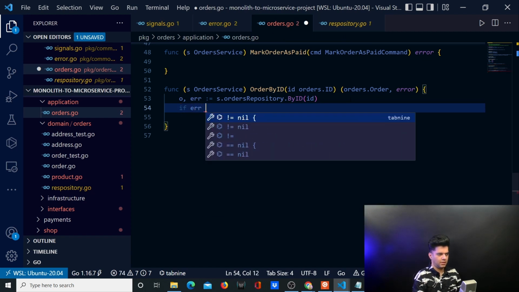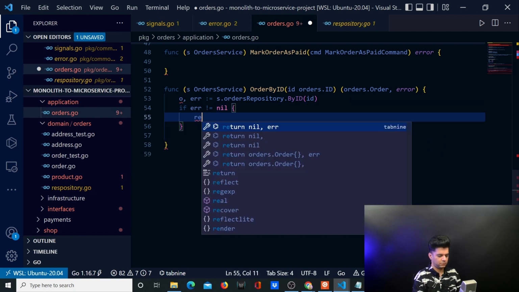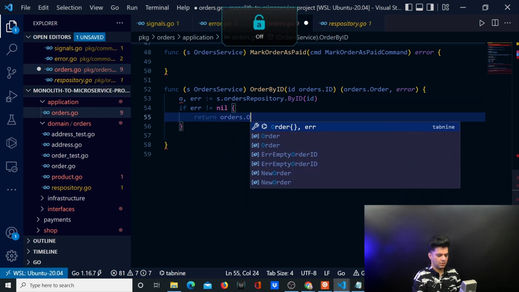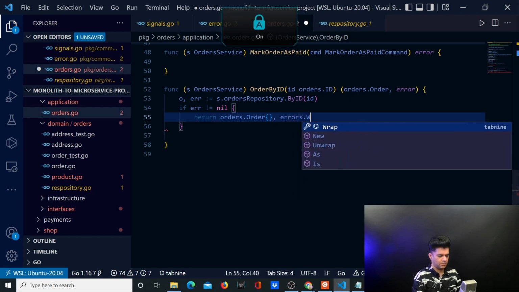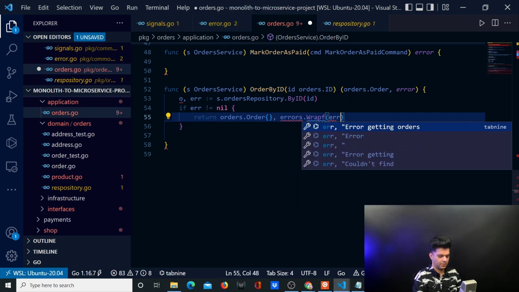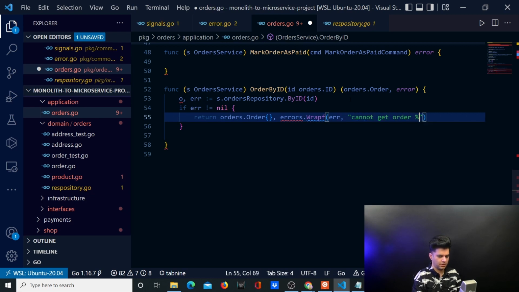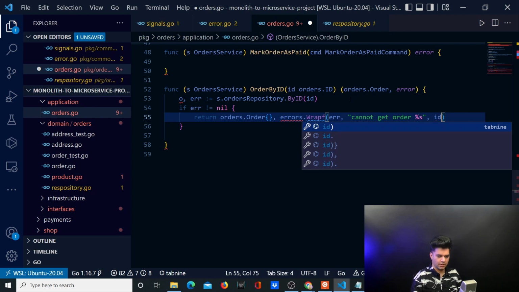In our case, we don't have a database, we're just using memory. So return orders.Order empty, and we'll return errors.Wrapf error, "cannot get order %s", id,